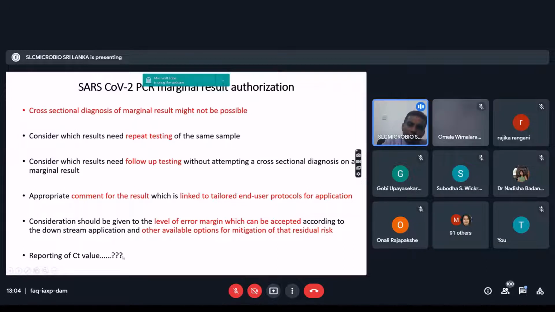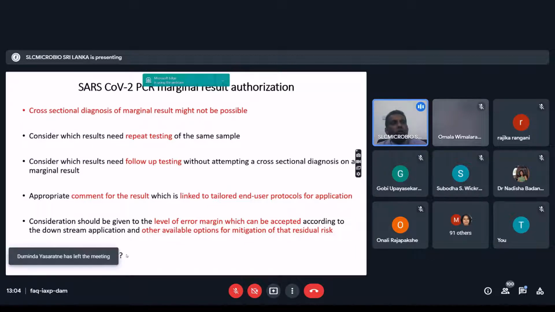So my impression is that in pandemic management, we can't have such close discussion with each and every end user. So CT value would be a good means of communication about the nature of the result. A CT value of 38, a CT value of 18 and a CT value of 33, 34 would mean different impact according to the context. So therefore, I think it is better to issue the CT value in the report, but